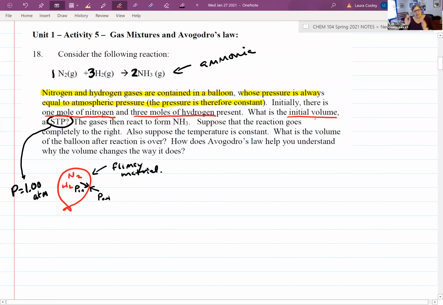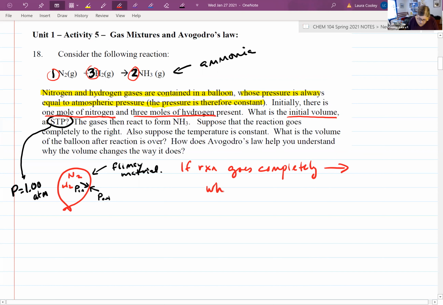So we're saying, let's pretend that these gases don't react until we say react. So before reaction, what would be the initial volume? And then what happens after they react? That's what we're going to consider here, because when you look at this reaction, you can see that 1 mole of N2 reacts with 3 moles of H2, and in the end you're going to end up with 2 moles of ammonia. So if this reaction goes completely to the right, which I'm saying it does, even though it doesn't really,